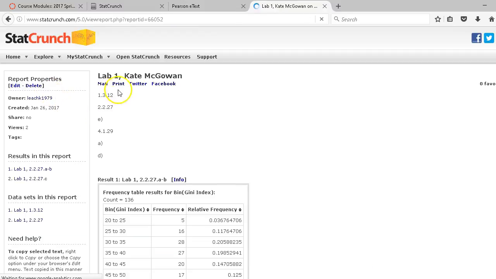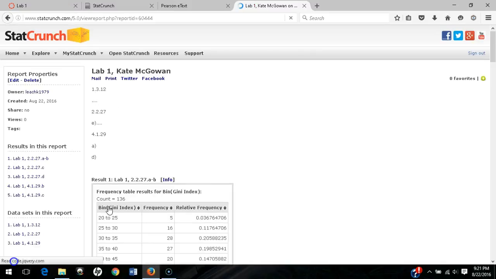And what you see here is once you have this saved, you do have an edit link up here in the corner. So you can always go back and edit. So again, just to recap, name your lab with the lab number and your name. Then you need to answer any questions that require a written response, attach your results, and attach your data sets,